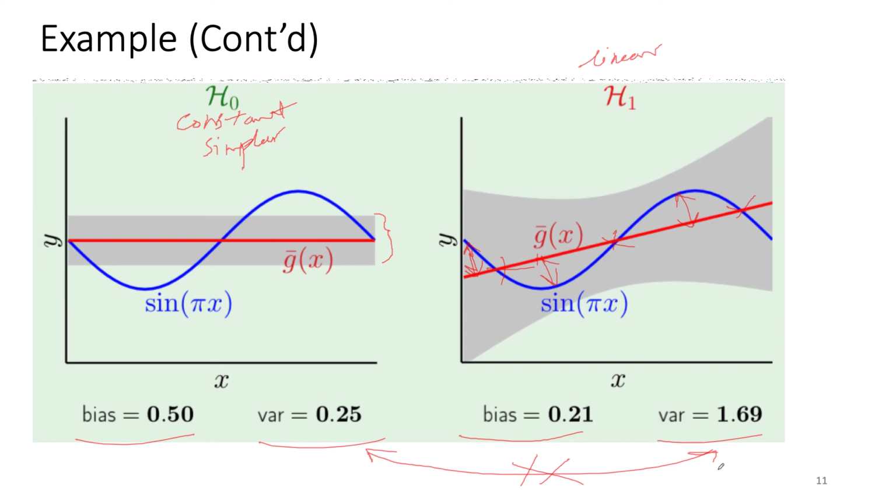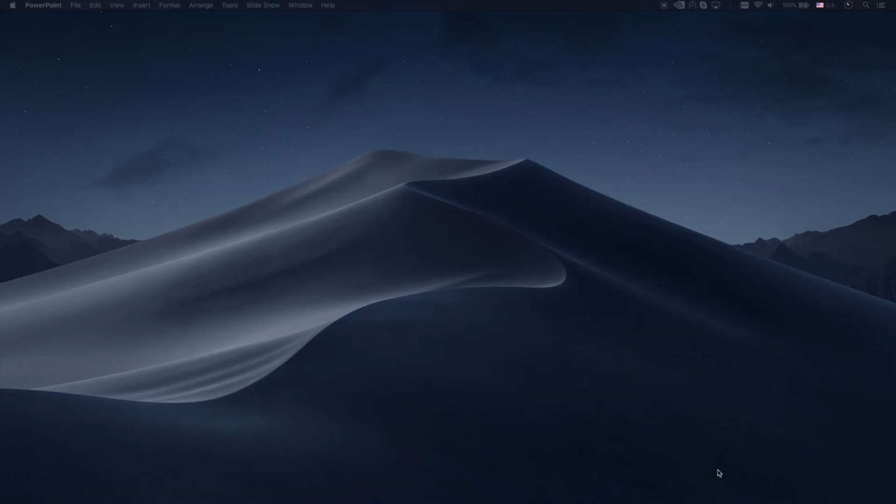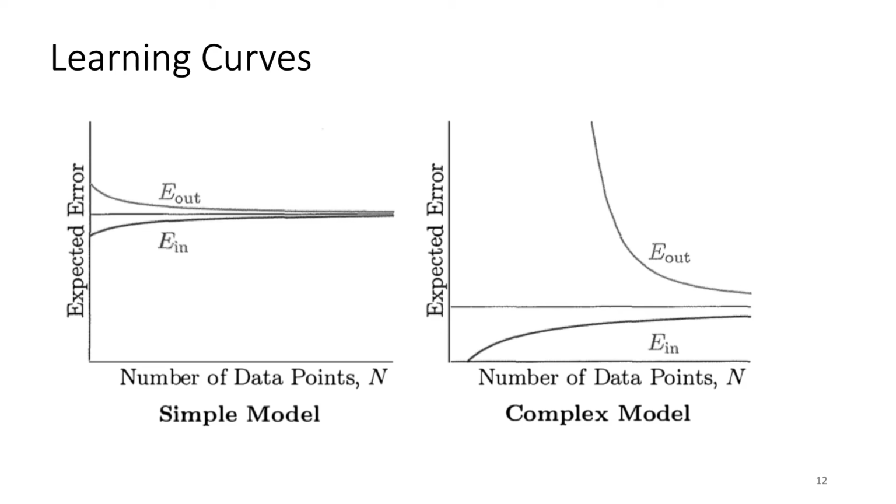Okay, so using this we can define what we call learning curves. So we already talked about it in VC dimension. So assume your y-axis pertains to expected error on both cases, and your x is number of samples, so number of your data points defined by n. In a very simple model, you're going to start with a higher out of sample error, and the more you go with the number of samples, the more you train your model, this will decrease a little bit, but it stays somewhere here,